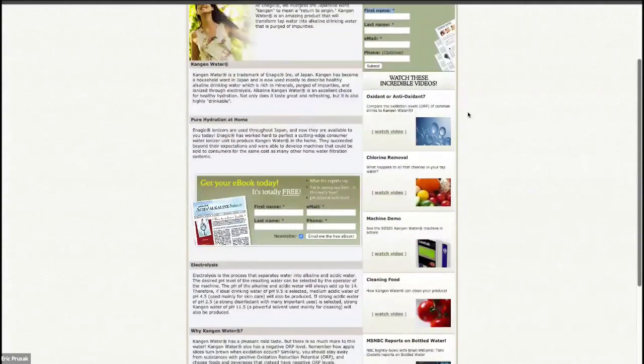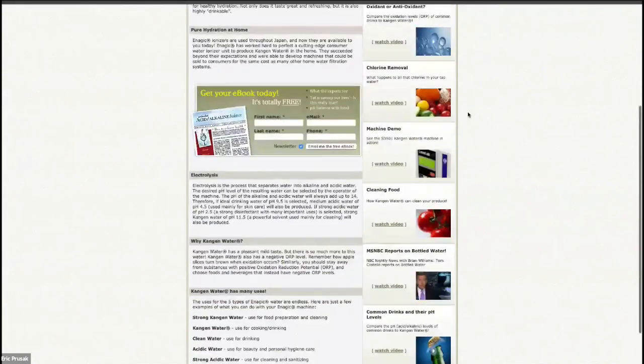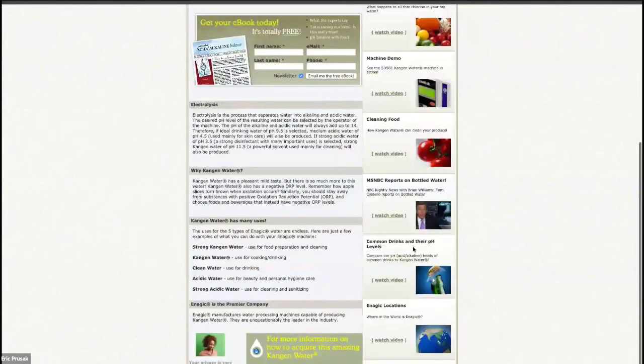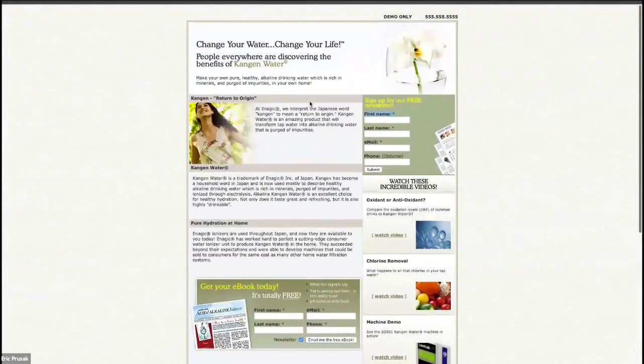And what's great about this website is if you take a look at it, it's set up in such a way that there's really not much information on here, although there's tons of information when you go into the videos, if they were to dive into the different videos that are located on this page. But all of the content is designed to pique their interest and capture their information. So the way that we do that is all of the content drives people to get the ebook or the